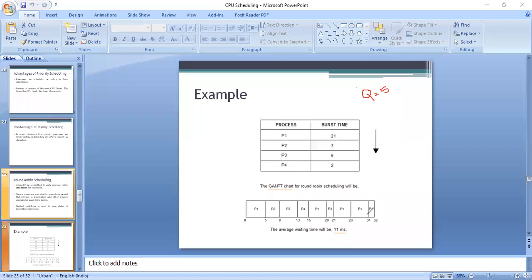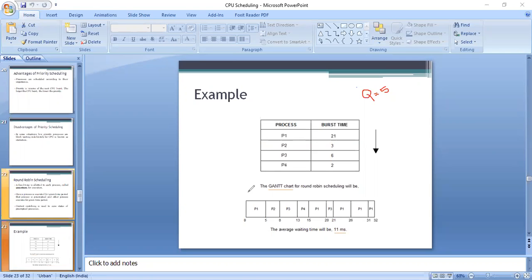So this way the round robin algorithm works. We have the quantum number, either it is given or you can assume it. Then we have certain processes, then we have burst times. So according to the quantum time, the CPU will be allotted to each process one by one, then it will be preempted after the quantum time and reallocated to someone else, right? So once we have created this Gantt chart, then we can easily compute the average waiting time.